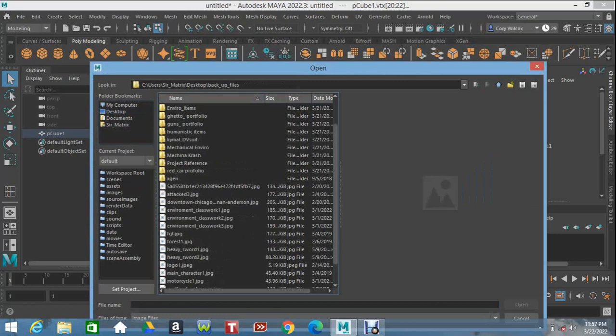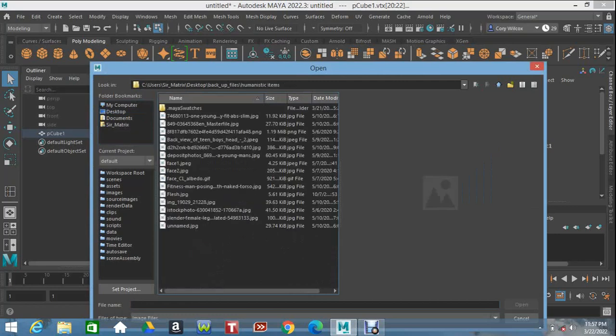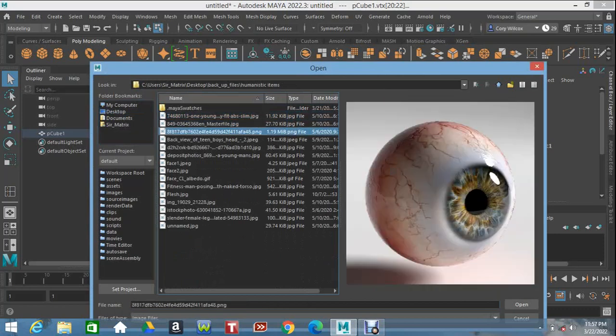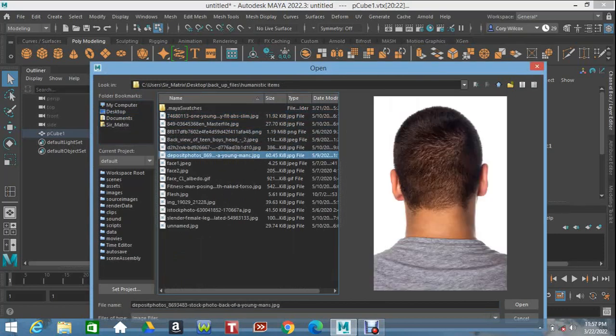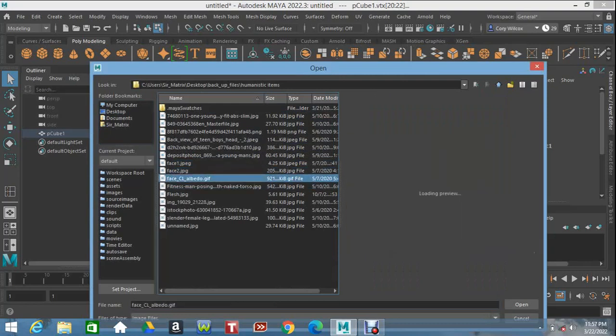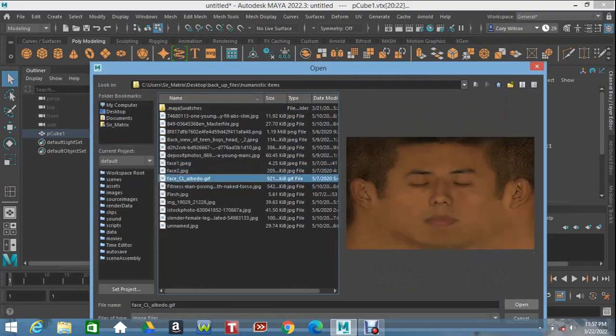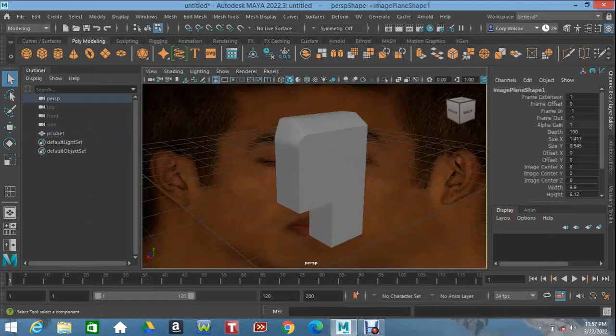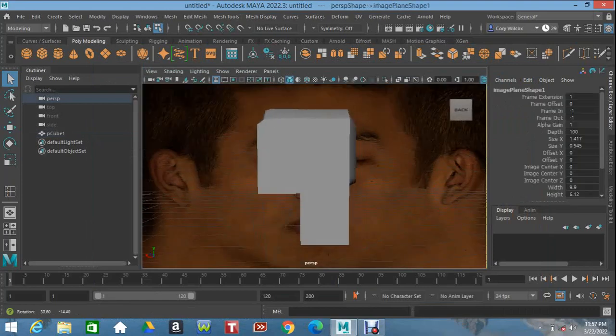Humanistic items. I have a whole bunch of photos of humanistic parts. We can use this guy. Open. Now, as you can see, we have a face in the background. And if I wanted to make my mesh match that face,